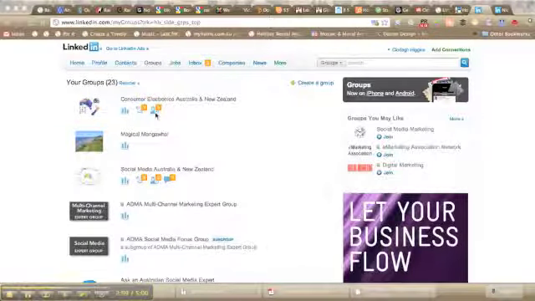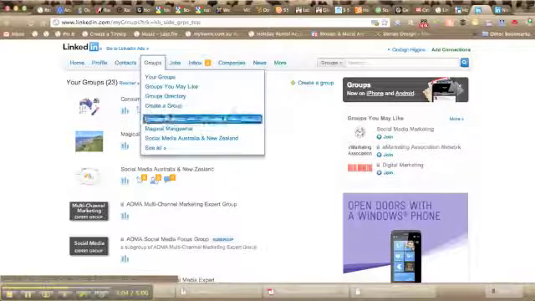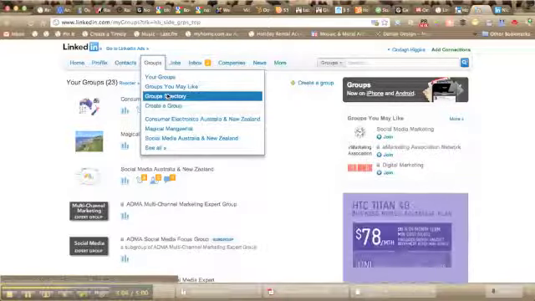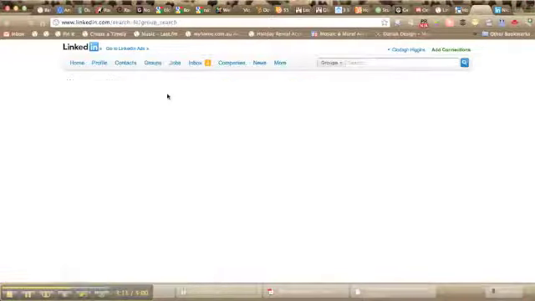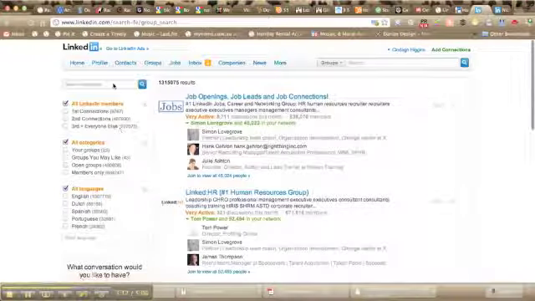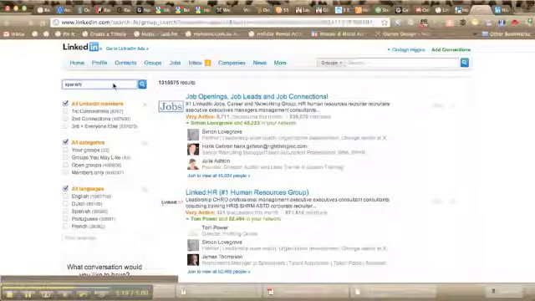To check and see what kind of groups are available, go back to the groups directory, and you can just see it on the front page there and say groups and groups directory, and make some searches for kind of groups that you're interested in by putting in keywords. We could think of Spanish, for example. Are there any groups that mention Spanish?